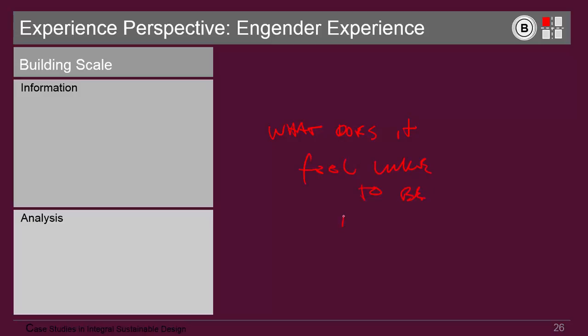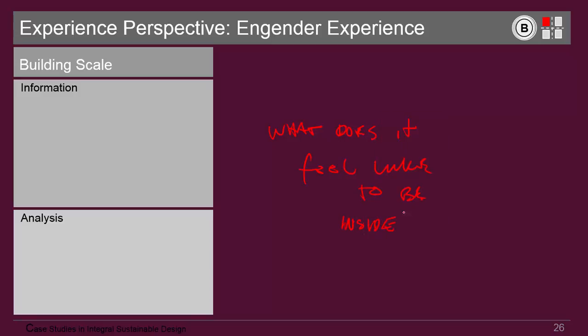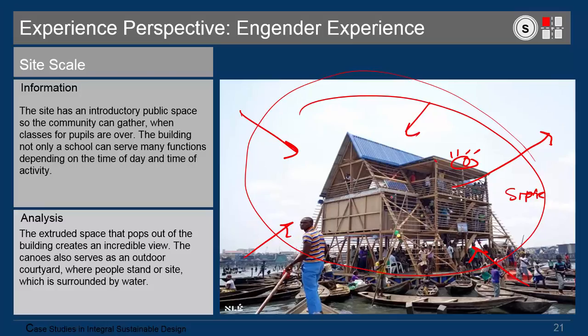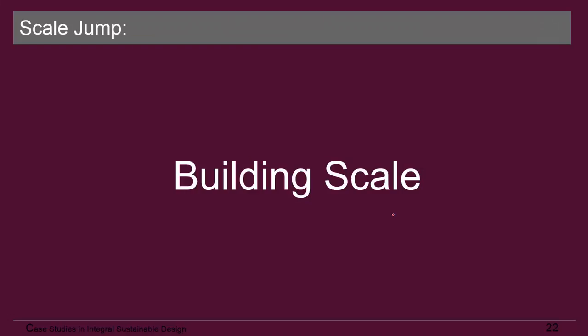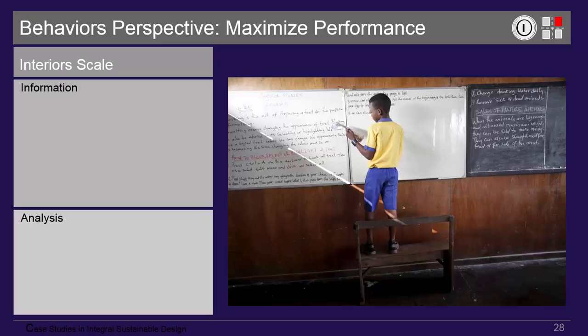I need pictures. I need analysis. I saw the one with standing on the thing looking out, which was this one, right? What does it feel like to be standing there? Can you get a view out from there, or can you show me some views inside here, or what does it feel like in there? Looks pretty cool. And interiors. Okay, so that's good. So why do you have this under performance, right? This looks like